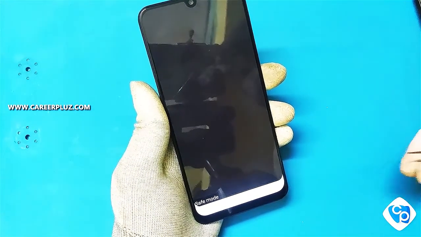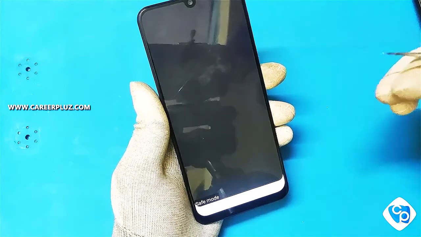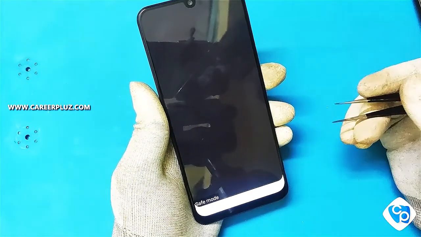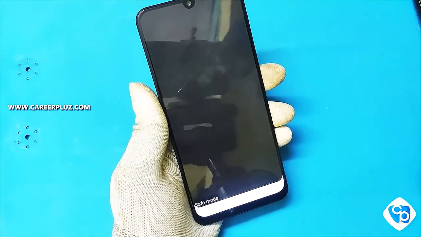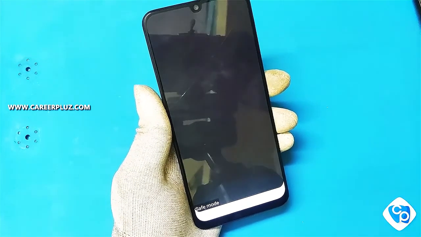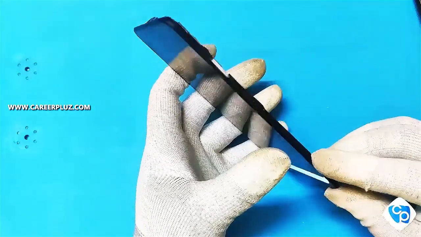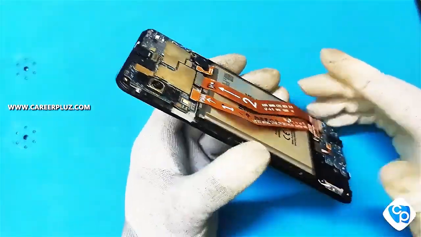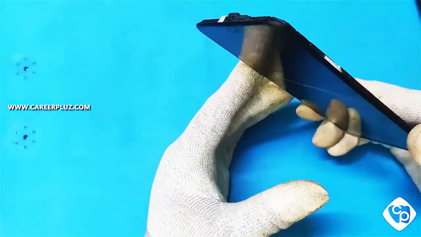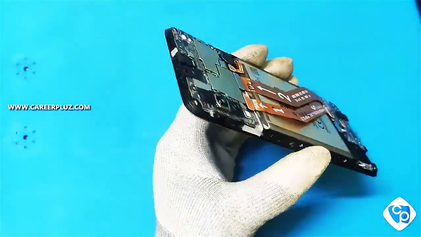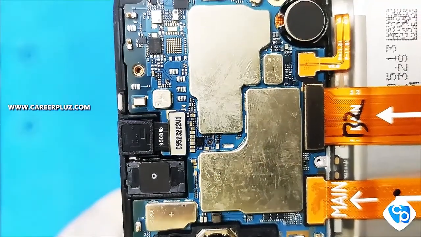Before, when I checked volume down key, the color doesn't change. Now directly I'm going to short the capacitor with volume down key and ground key. While shorting, we can check whether the color is changing or not. Because of continuity, I hope the color will change. I will show you now.